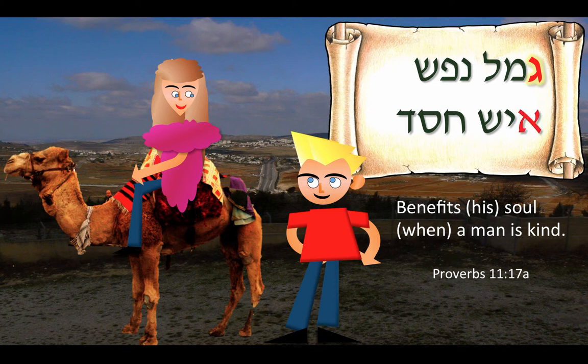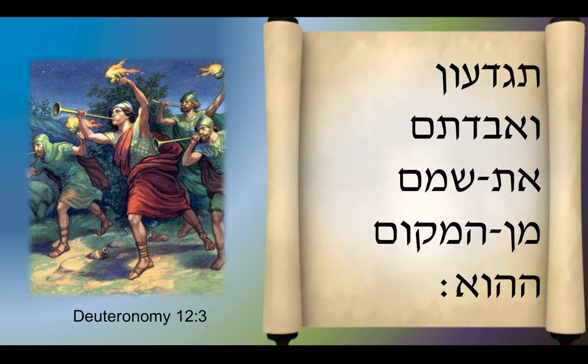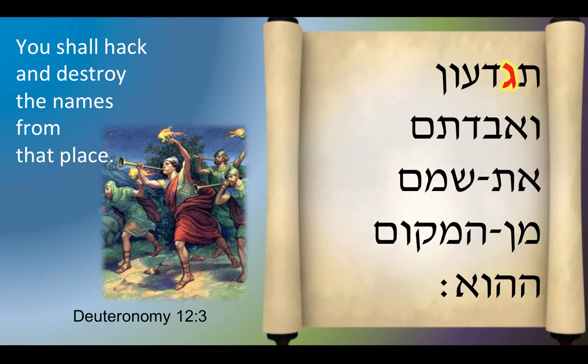Oh, and don't forget, you also know the aleph there. Do you know any baits? Okay, let's go to this verse. In Deuteronomy 12:13, pause and see how many Gimmels you can find. Okay, right here, right in the first word. Let's look at the English. You shall hack and destroy the names from that place. And that word is sort of like the name Gideon right here, which you can check on later on.